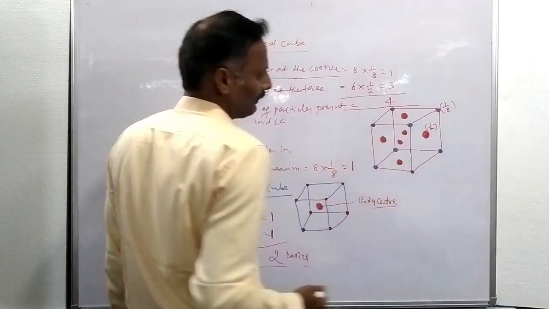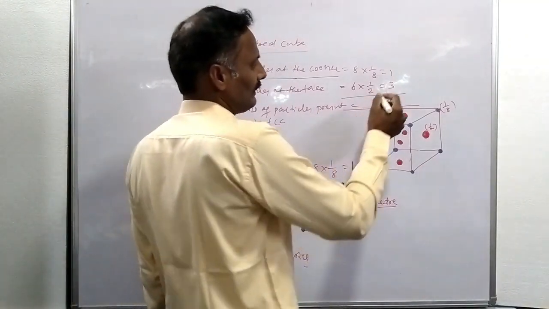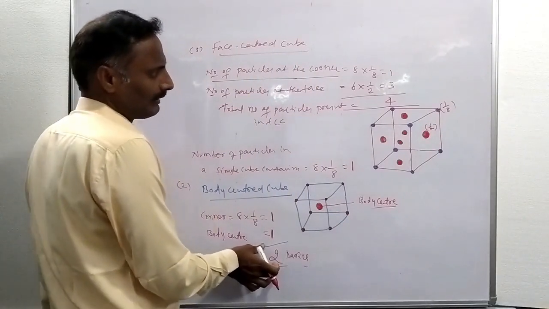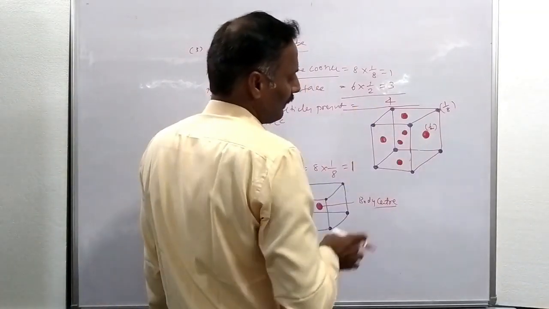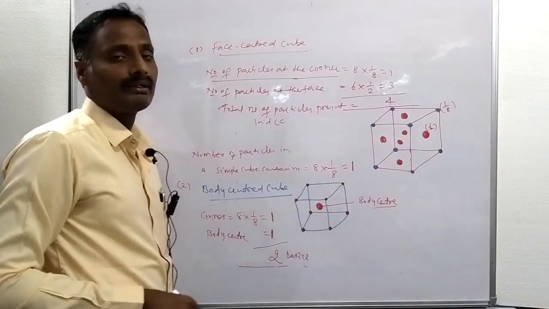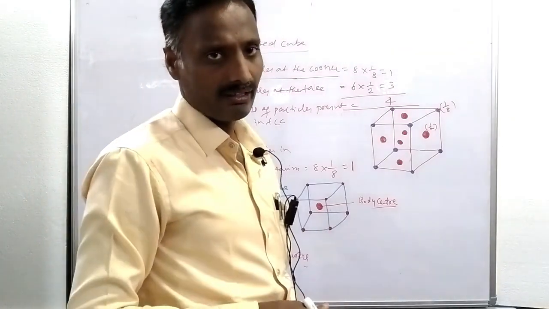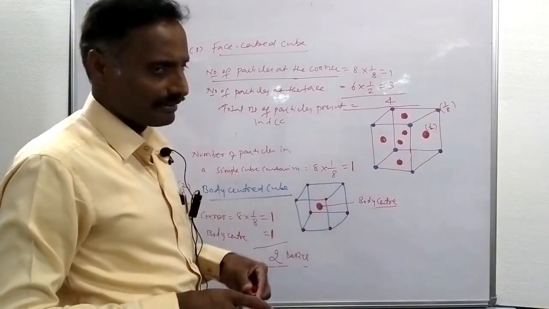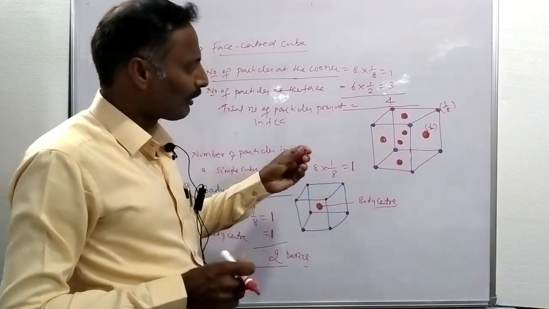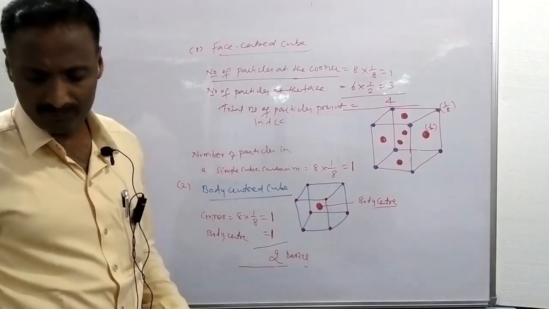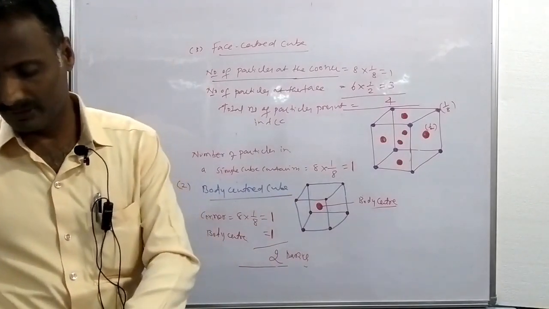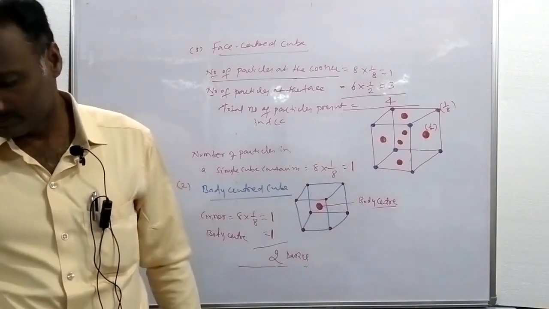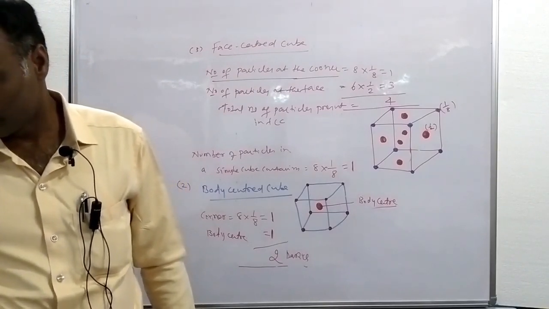This is a face-centered cube. This is called a body-centered cube, and the body-centered cube contains 2 particles and the face-centered cube contains 4 particles. And these calculations are most important while deriving the formula of the crystal and also the formula of compounds. Then by using these calculations, we are also calculating the formula of compounds. Then how do you calculate the formula of a compound? To calculate the formula of a compound, here we have some problems based on the formula of a compound. Here we have taken some problems based on number of particles.